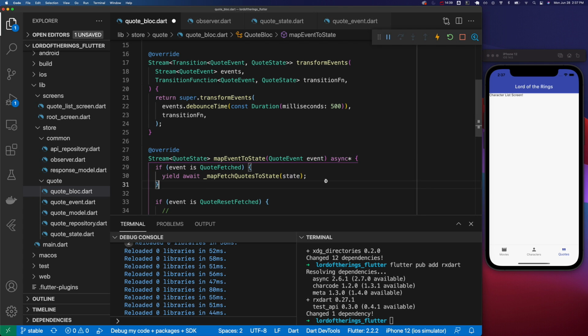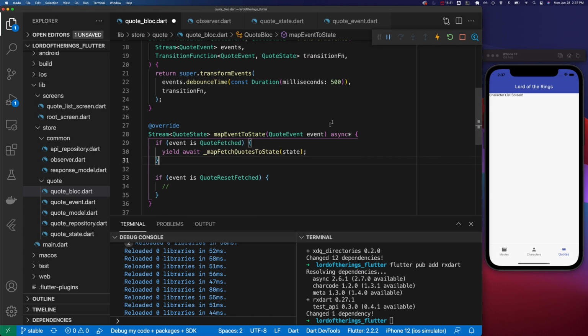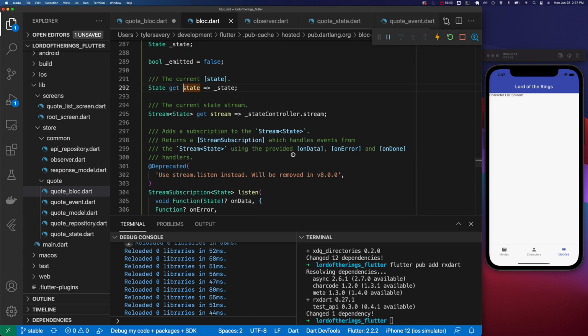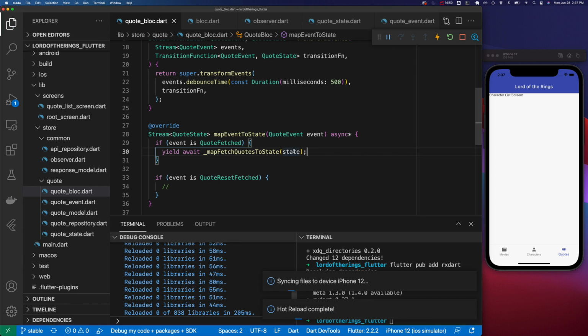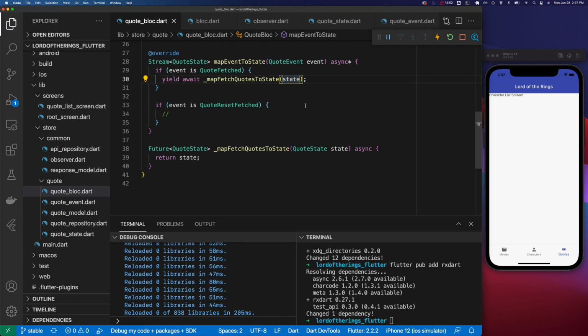And state is actually just a public property of block. I think it's a getter, actually. And if you command click it, you'll see, yeah, it's a get of state, a return state. So we actually have access to that. So we have to pass that in for this to work, which makes sense because we said we want state here. Okay, so let's